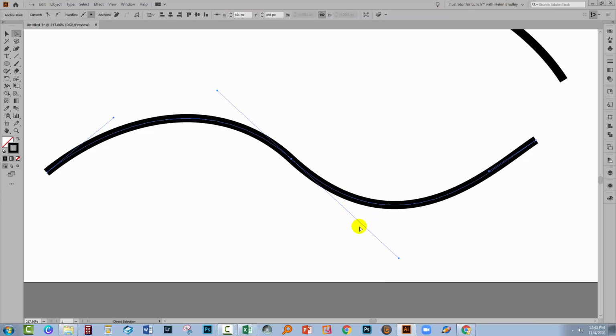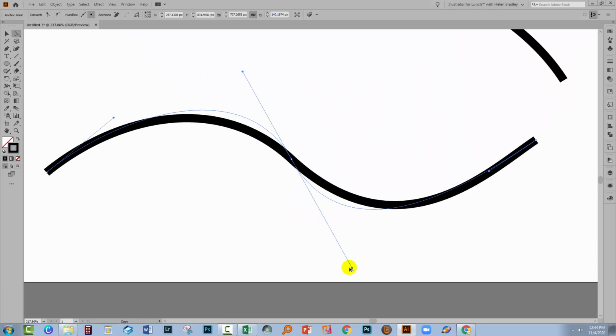Well, you can do that, and not unsurprisingly, you do it with the Alt or Option key. The same tool that we used to break the line as we were drawing them, we can use it to break this teeter-totter behavior once we have drawn the line. So I'm going to press the Alt or Option key, and you can see I get this little plus sign. That's telling me I'm about to break this handle. Now, if you get